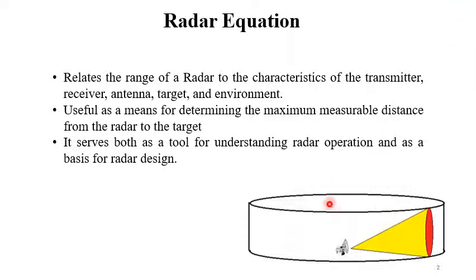So this is a pictorial view of radar. Radar used to move its beam by 360 degrees, generally for searching radars, and during this rotation, if some target is present within this range, then that must be detected by this radar. Now, this maximum range, or the maximum region over which the radar can measure, is given with the help of the radar equation.